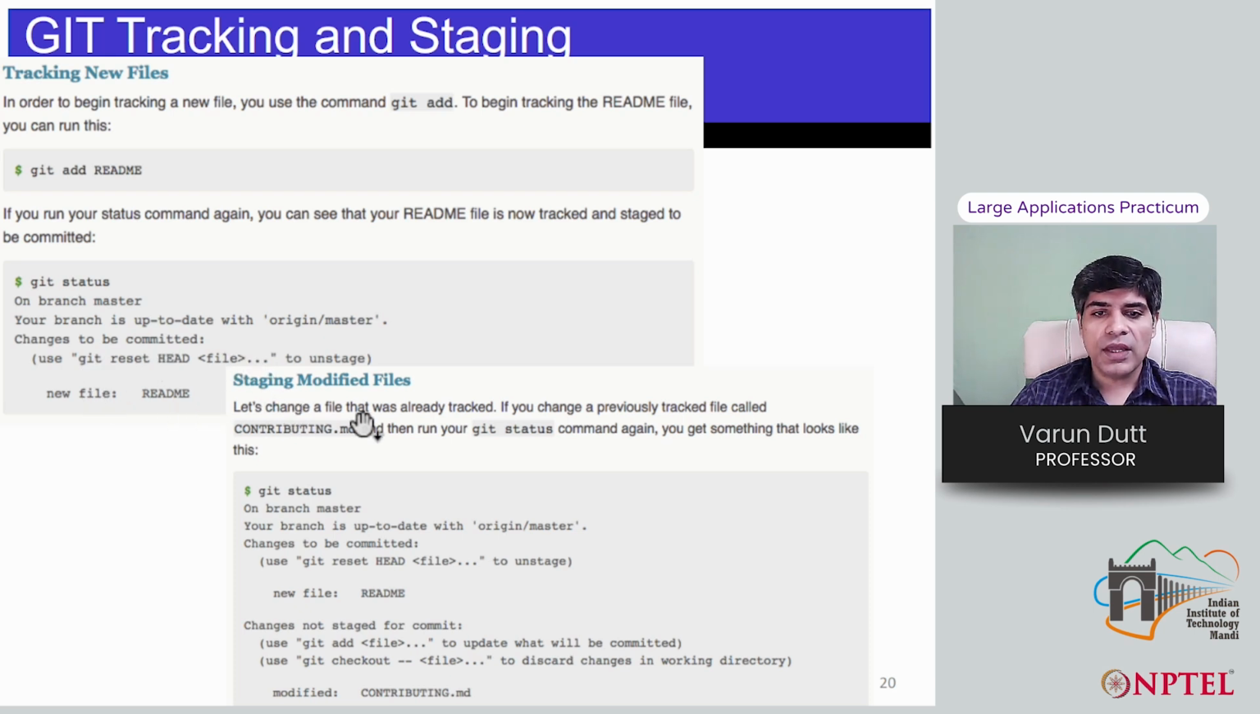So let's change a file that was already tracked. If you change the previously tracked file called contributing.md and then run your git status command, you get something that looks like this. So if you change the file that was being tracked, you can see it tells me that the new file is already in the staged area under changes to be committed, and changes not staged for commit are basically the contributing.md,